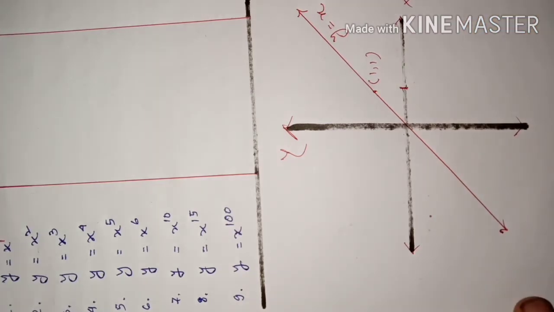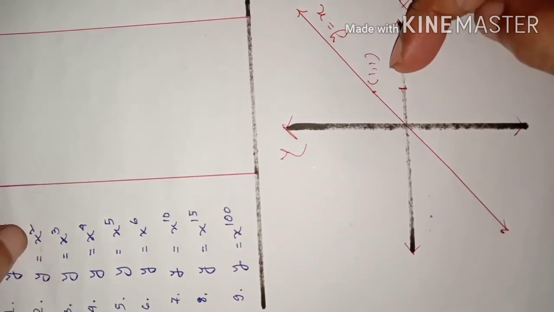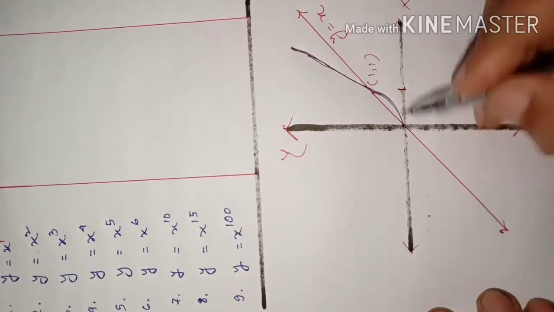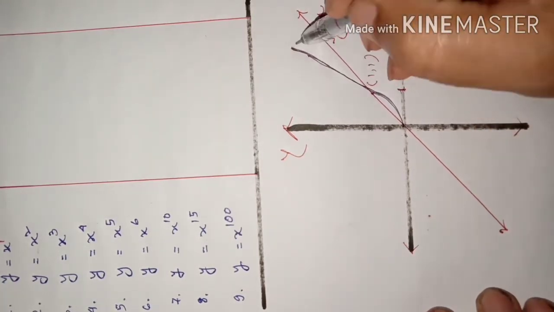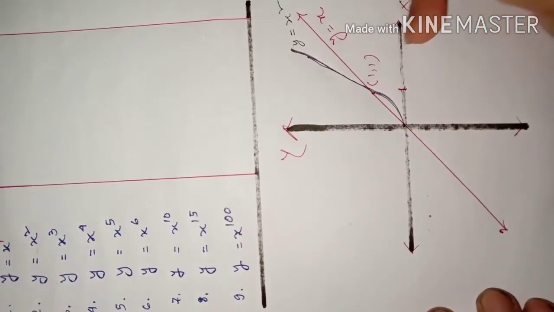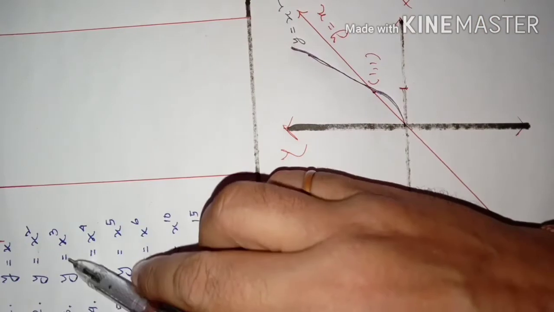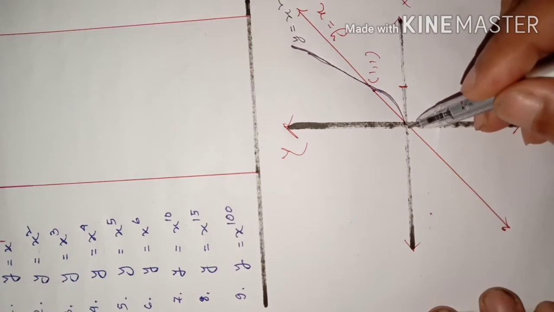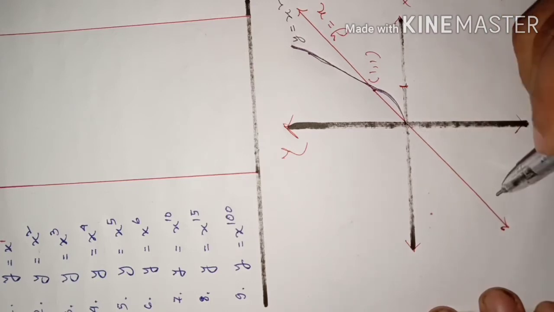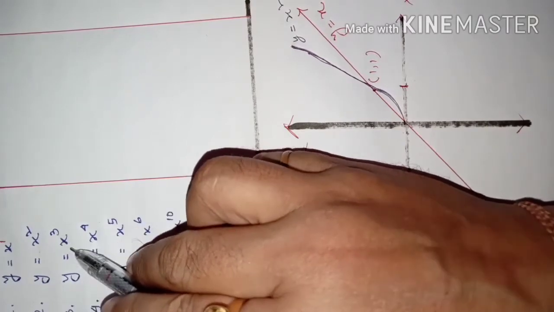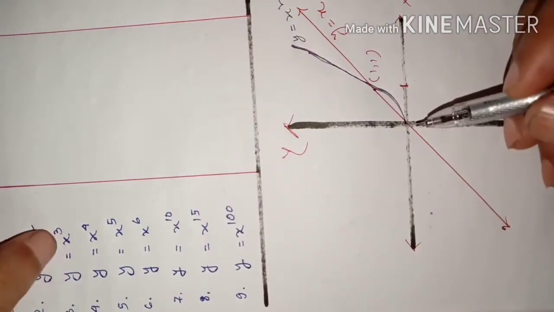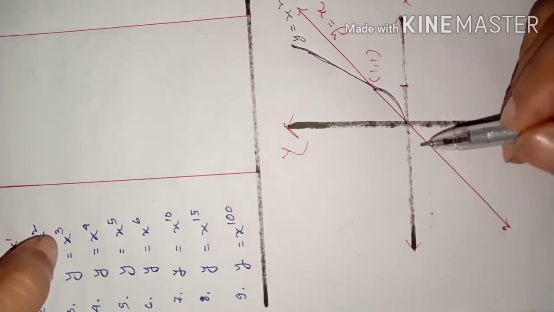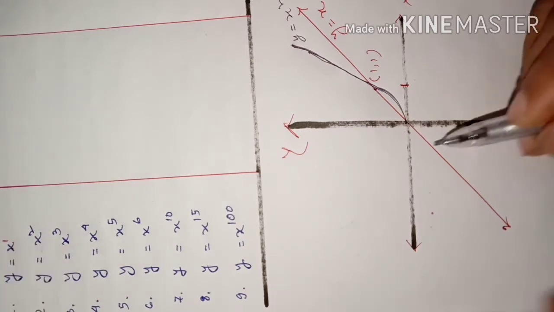But it will be a little different because it is a polynomial function of degree 2. Just you see its graph. It is also passing through 0, 0, and it is also passing through 1, 1. So the graph of y equal to x square is this one. The graph of y equal to x cube also will pass through 1, 1 and 0, 0. But it will have another portion in the third quadrant also, because for any negative value of x, the range also will be a negative real number only, no? So then it will go to the third quadrant.